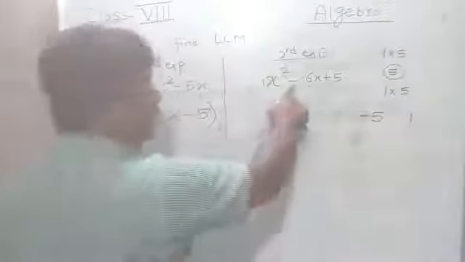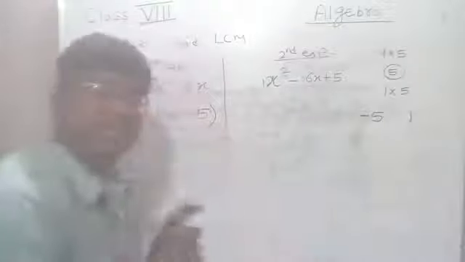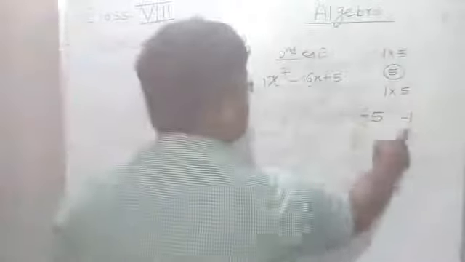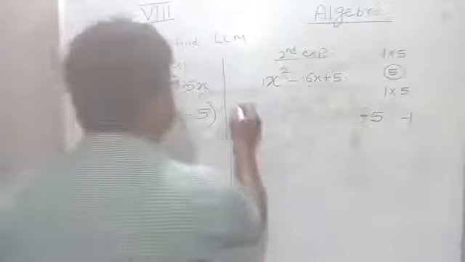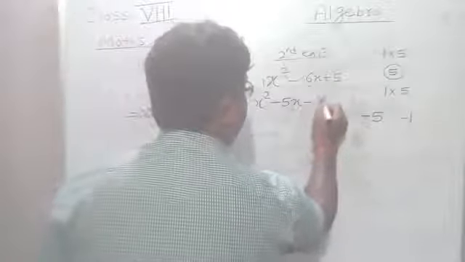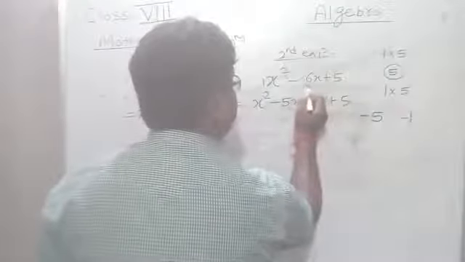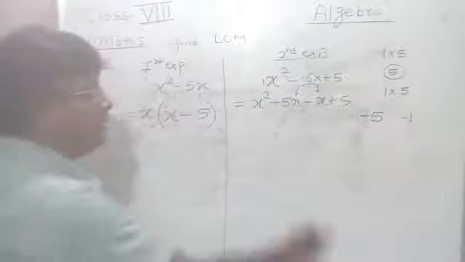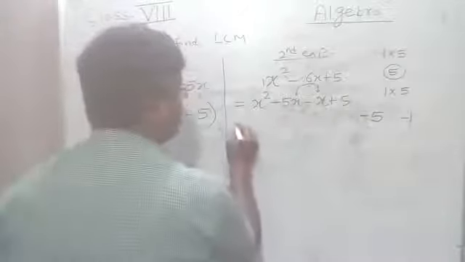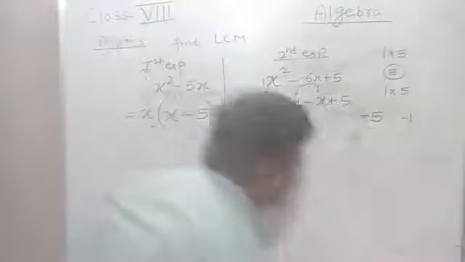So if we give minus here, the bigger number must be negative to get the answer in negative, so I have fixed it as minus 5. So what about this 1? It also must be minus, because minus 5 minus 1, then only we will get minus 6. So what we can write here: x square minus 5x minus 1x, means x plus 5. In place of this minus 6x we have written these two. Can we write or not? Yes, we can write, but if you write any other numbers, we cannot take common. So we have to write it as the same.